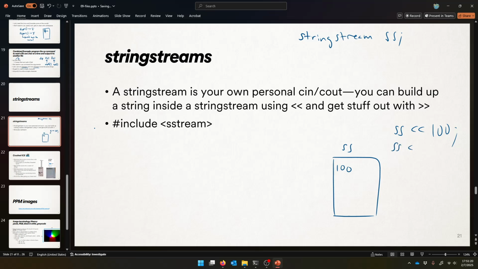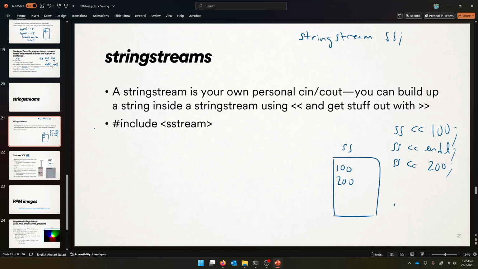If you say new line, it'll break the line. If you say give it 200 now, it'll put a 200 there because you broke the line, right? You can do that. You can give it stuff, and it's built up this string essentially now. All right, 100 new line 200, the characters, and you can also get stuff back out of it, which is